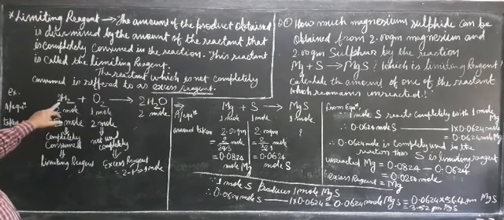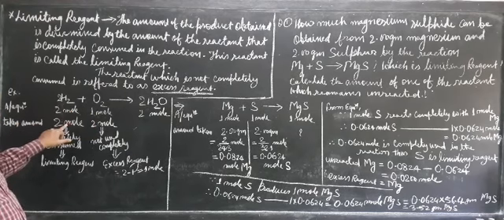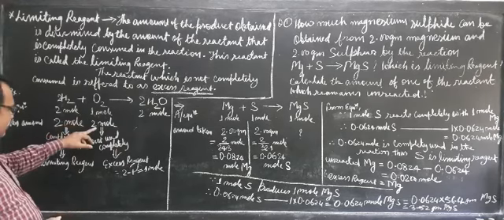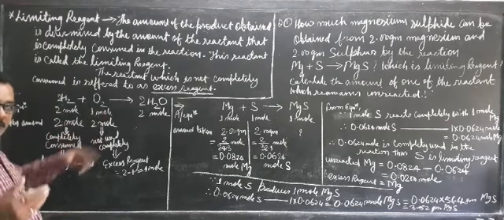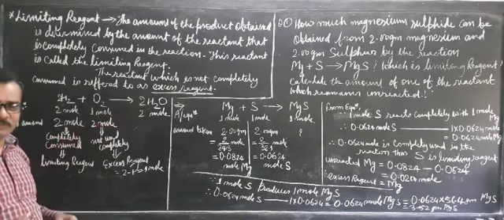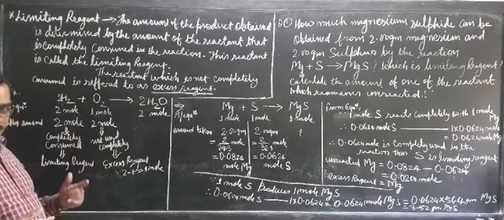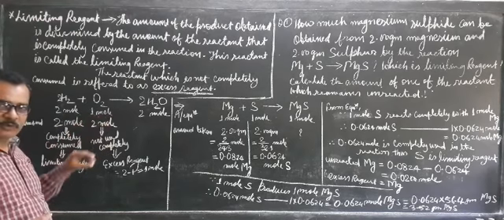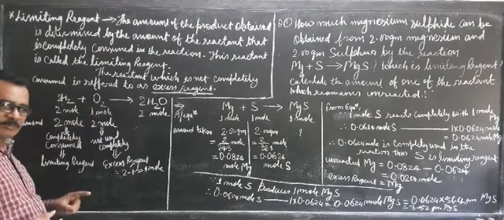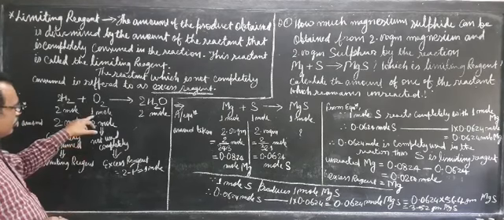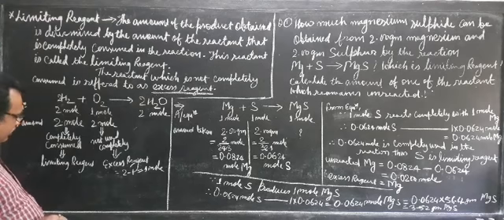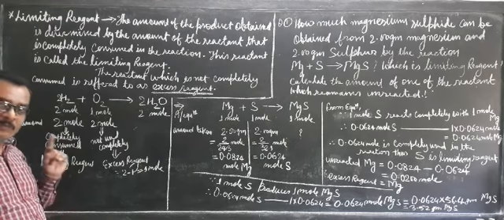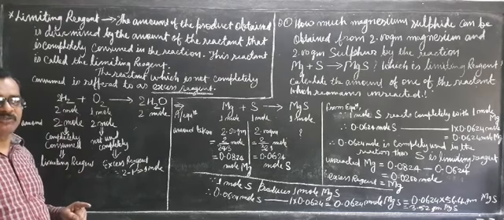So if you calculate with the amount of hydrogen, then you will get the correct amount of water formed. But if you calculate with the 2 mole of oxygen that you have taken, then you will not get the correct answer, which must be experimentally correct. Although you have taken 2 mole of oxygen, only 1 mole of oxygen is used up in the reaction. So then you have to calculate with only 1 mole of oxygen. So instead of doing the calculation with the excess reagent, we always carry out the calculation with the limiting reagent. This is the importance of the limiting reagent during the calculation.